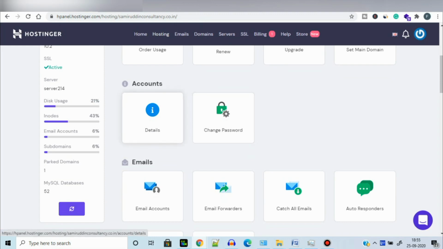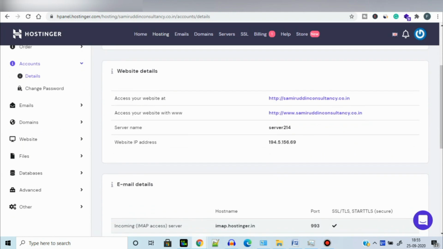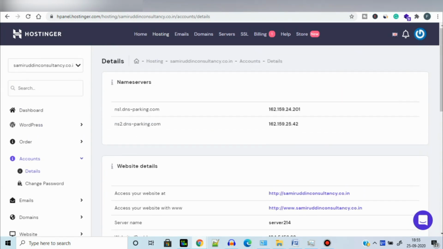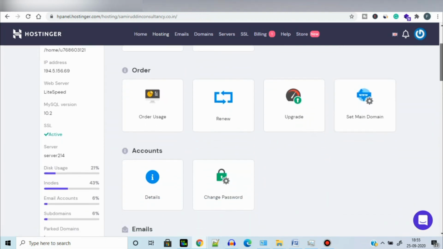After that, you can see the details of your account in the account section. For example, you can check your name server and website details here, and can also change your dashboard password.